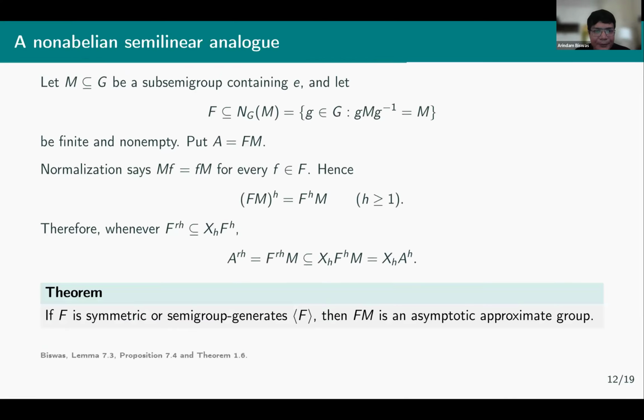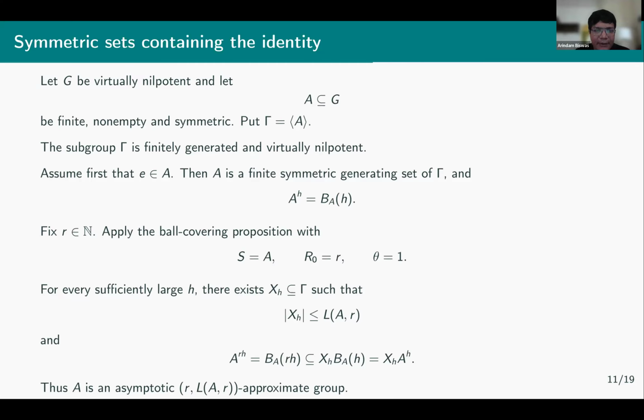And this can be generalized a bit, to cover some types of asymmetric sets. Basically, imagine that initially we have an asymmetric set, but after some finite power, we get some inverses. So in that case, again we can apply this. So for some asymmetric sets we can do this, but not for the general case.